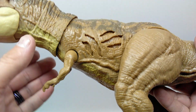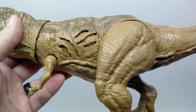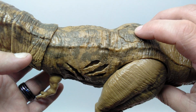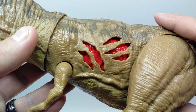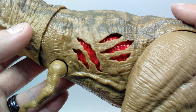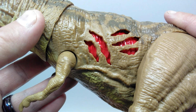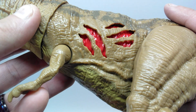And then we have the action feature, which I would normally wait till it's back down on the table to do. I'm actually going to do it up here so we can take a closer look at it. So you do have a button up here that you're going to press, and then it changes the inside here to now having a wound, and you can see that it's very nicely painted with a reddish coloration, obviously insinuating that bloody look. We also have a gloss coat present in there,